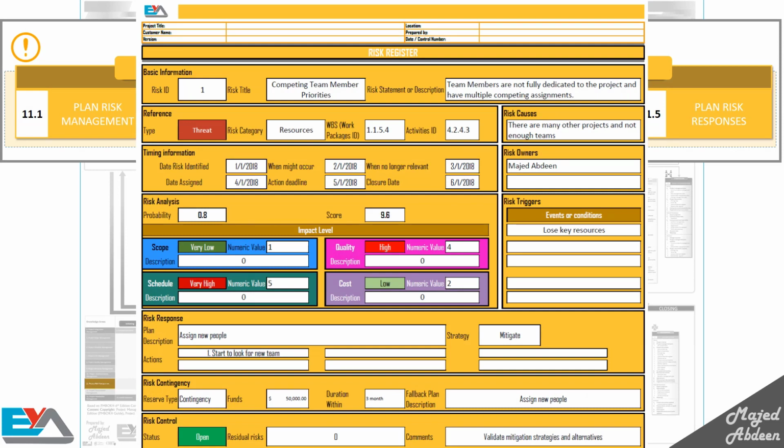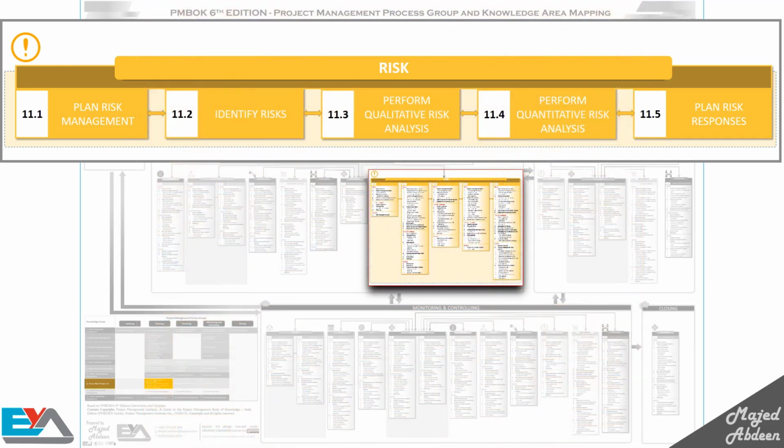Describe the causes, specify the risk owners, do the impact level analysis, and many other attributes as you can see here. Going back to our website project example, lack of team expertise is a risk, insufficient resources is a risk, learning a new technology is a positive risk, and so on. Now, after you've identified all the risks, the question is, should you focus on all of them?